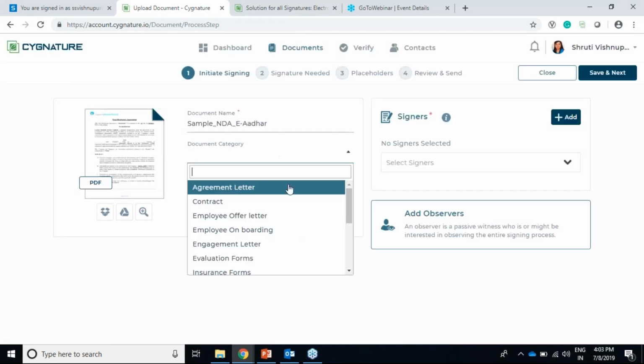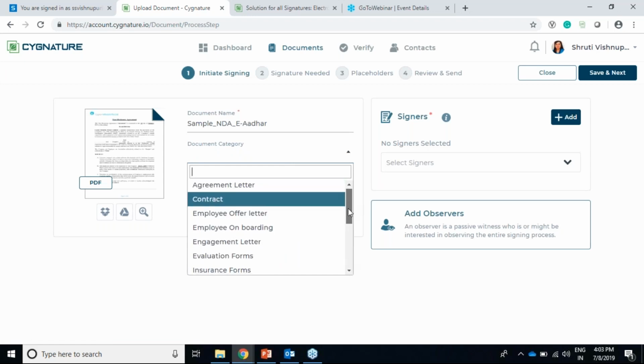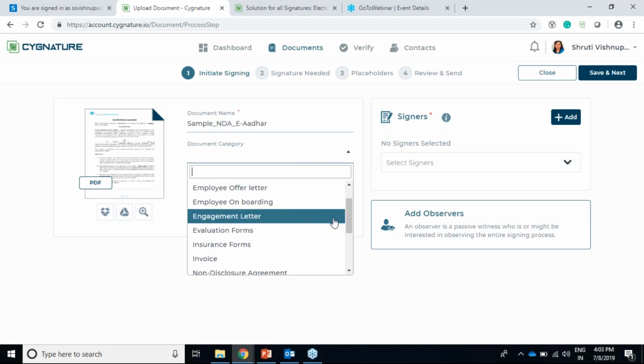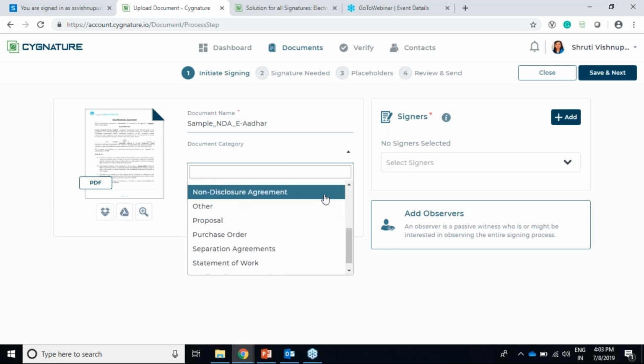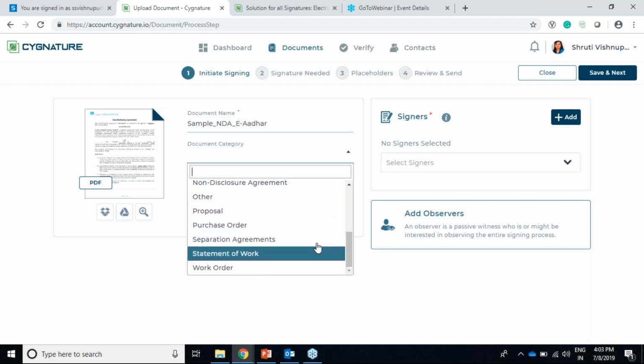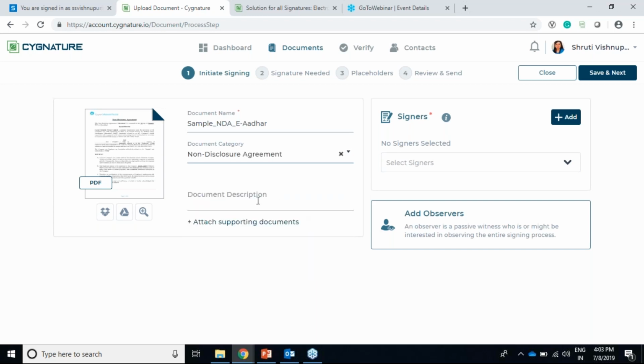The new feature we have here is the document category. We can select if it is an NDA, if it is an HR letter, which is an offer letter, onboarding letter, engagement letter, or if it is a statement of work, work order, or whatever it is. So we can just select a non-disclosure agreement here.